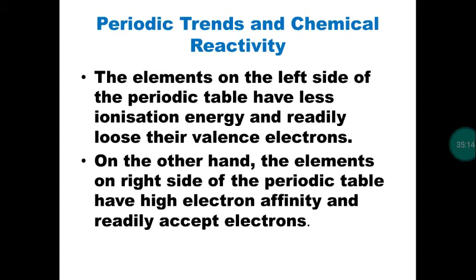So electron affinity will be more for group number 16 and 17. So they are forming anions. Oxygen gains 2 electrons, it becomes the oxide ion, O2 minus. Fluorine gains 1 electron, it becomes the fluoride ion, F minus. Chlorine accepts an electron, it becomes the chloride anion, Cl minus. So they are forming anions.